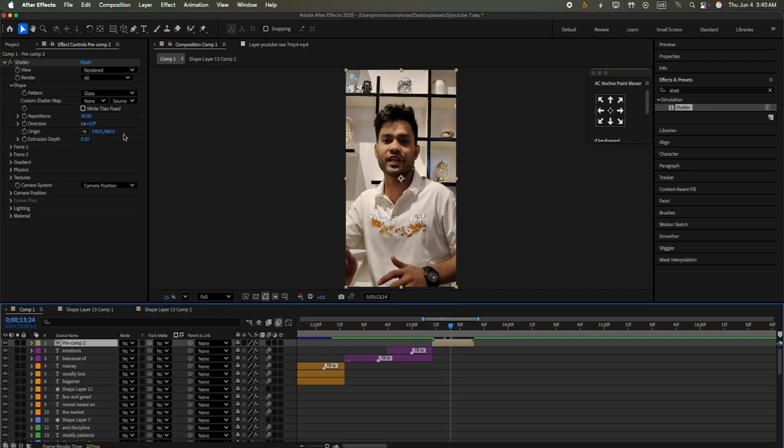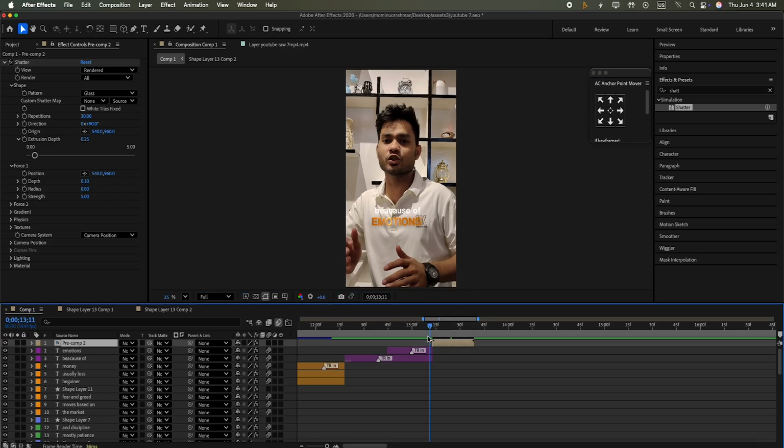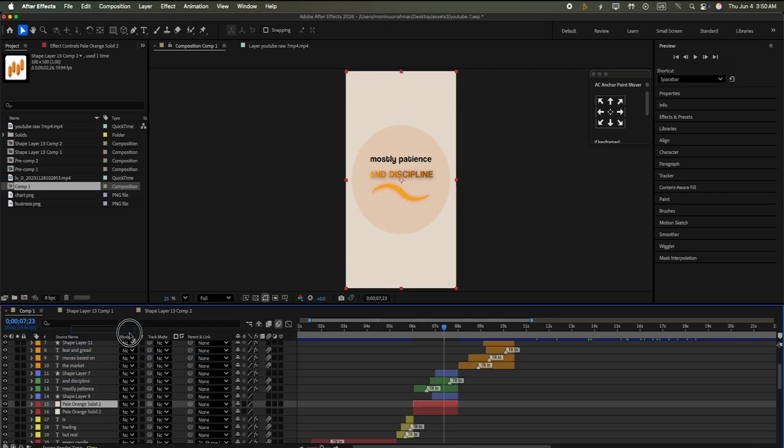So now it's the same, but the direction is 90 degree and the extrusion depth increase some as you wish. It's the extrusion depth and the depth is 10%. The radius must increase 0.80. Okay, now I see the animation. Okay, the animation is